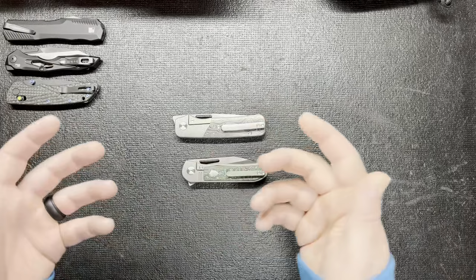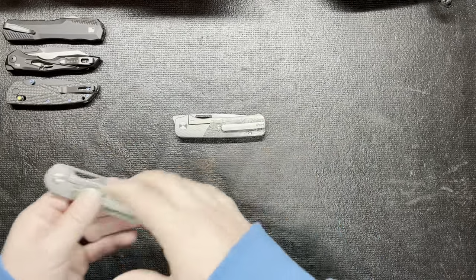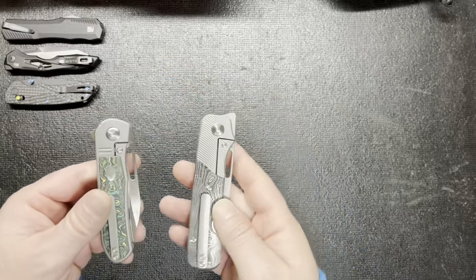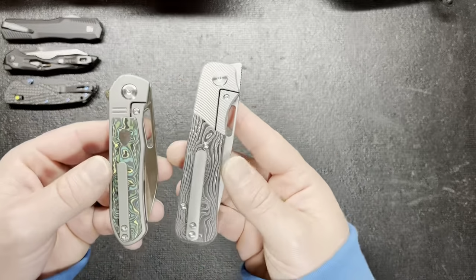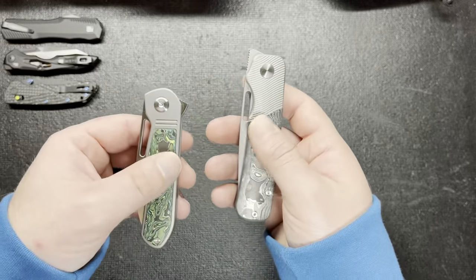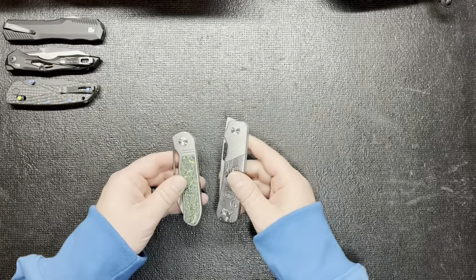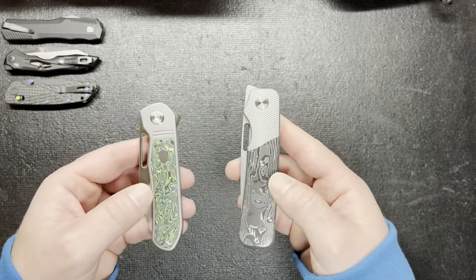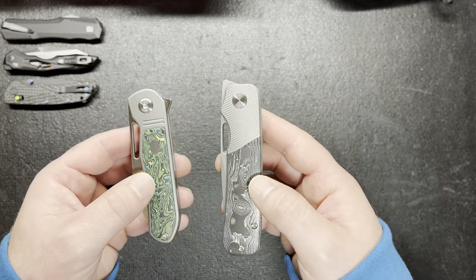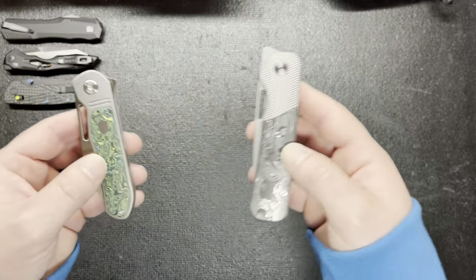Just honestly just to check them out. When I was looking for knives, checking out knives, just seeing what I wanted to buy or check out, obviously these two definitely popped to me. I think it was mostly the carbon fiber, but also the titanium and the look that they have together. That's kind of why I chose them for the review. But I wanted to do a quick comparison of the two together